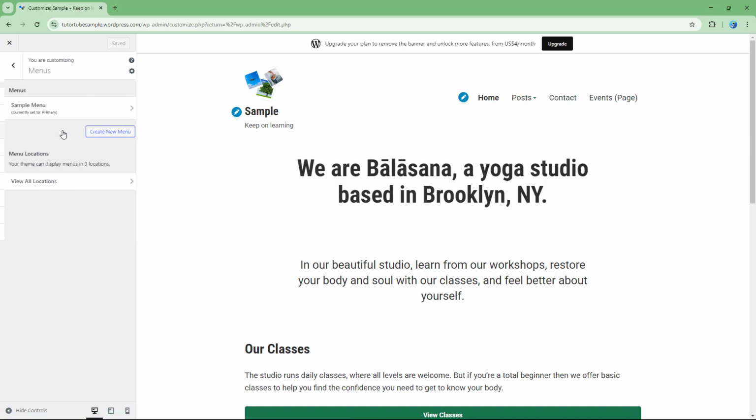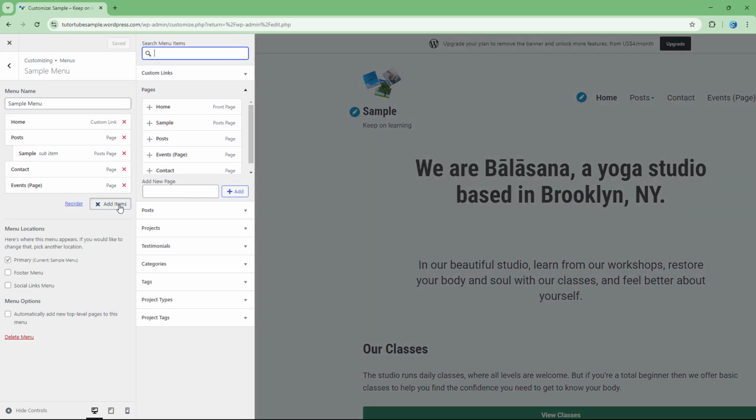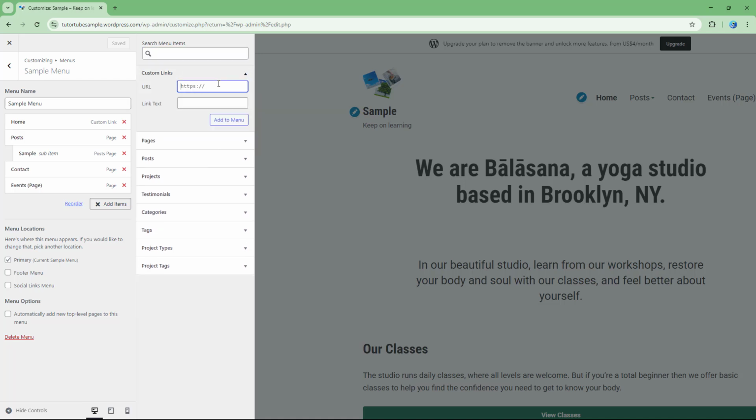In that case, you can go onto the menus and then create a new menu, or simply go onto the existing menu and then add an item. Over here you can see that I have access to pages and so forth, but I want a custom link, so I can go to the top, and here you can see that I can simply add a custom link. Let's say, for example, I'm going to type in http colon